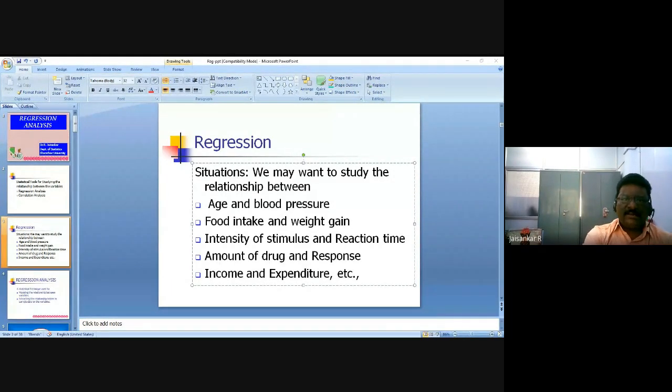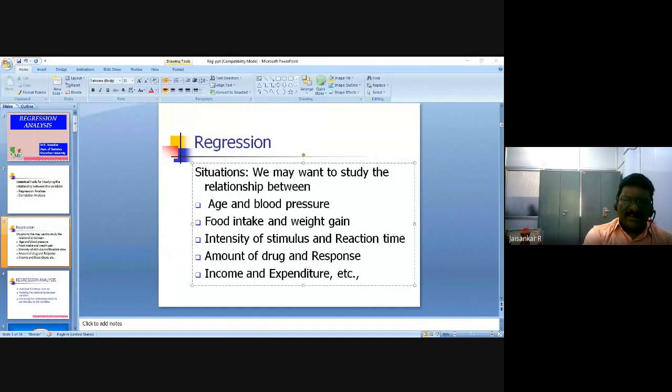So regression analysis can be used for comparison. In regression, normally they call it independent variable and dependent variable. In regression, it is better to call the independent variable the predictor variable, and the dependent variable the response variable. So what is the form of the model in regression? It is response variable equals predictor variables plus random errors.